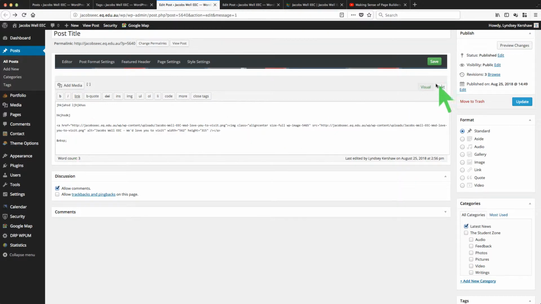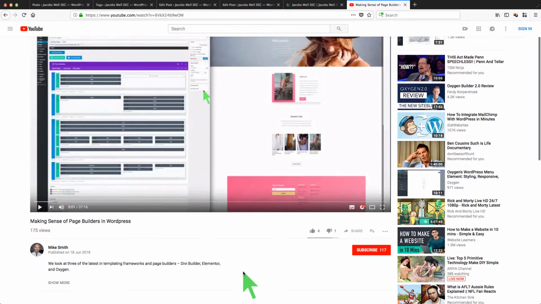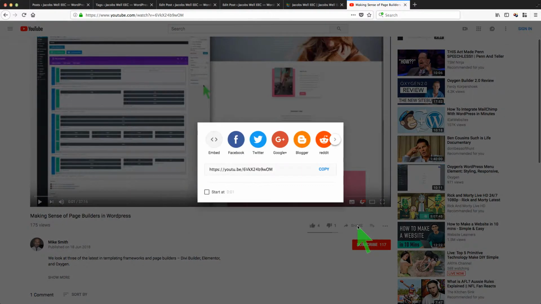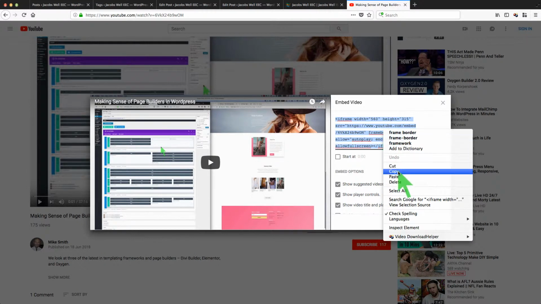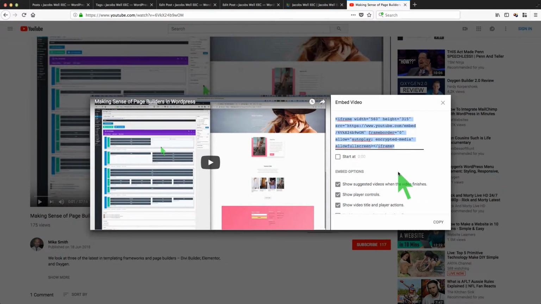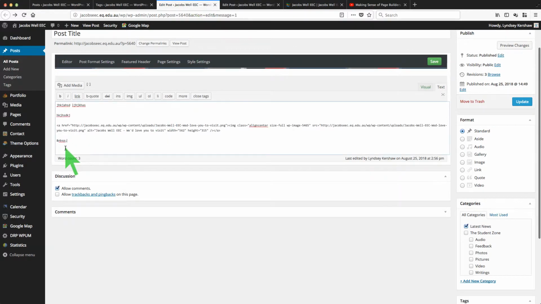So here we are in the text view. Let's go back to YouTube here, and we just go down to the share icon and then press embed. It's this code here that we need. So you can highlight that and you can copy it, or press the copy button here, and then go back to our edit post. Whoops, wrong one. Edit post here, and then paste. Just get rid of that there. Paste that code there,